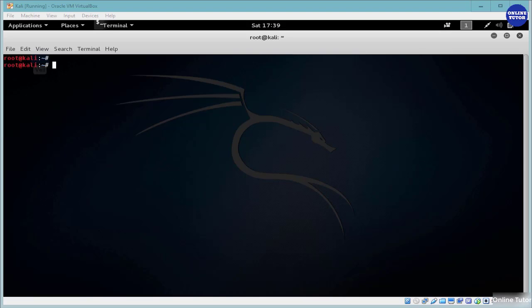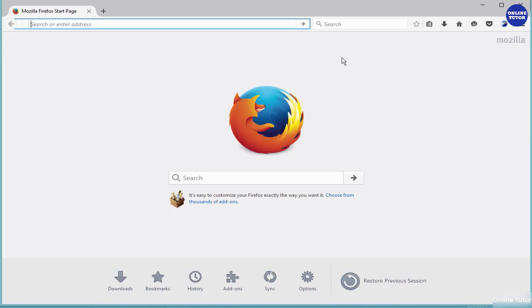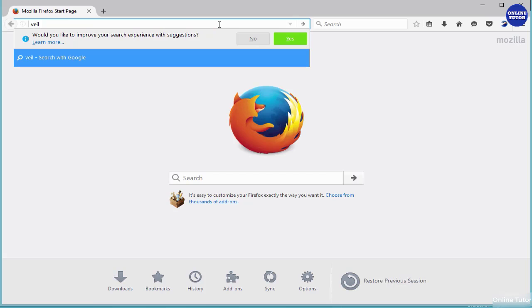So let's open up a browser and go to the Veil Framework website. So let's go in to Firefox and we will type in Veil Framework, and this will be the